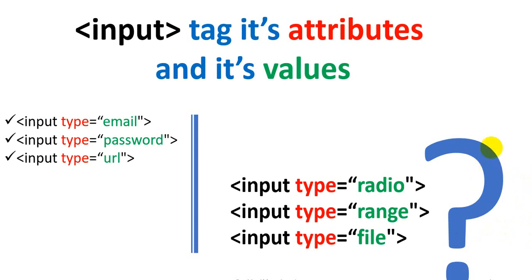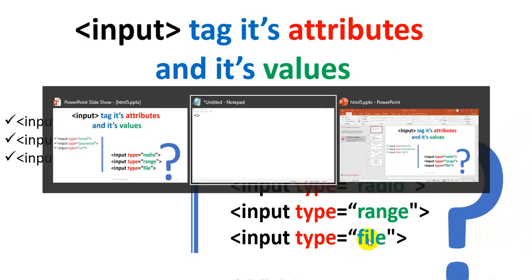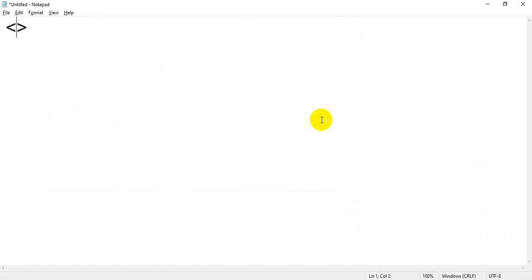So we will see one by one: input type equal to radio, input type equal to range, and input type equal to file. We have to start our application, that is our notepad. As you know, if you are going to write HTML5, the first thing you have to write is